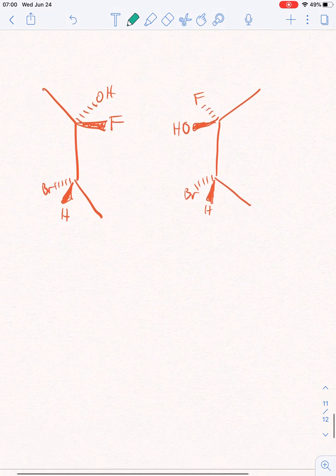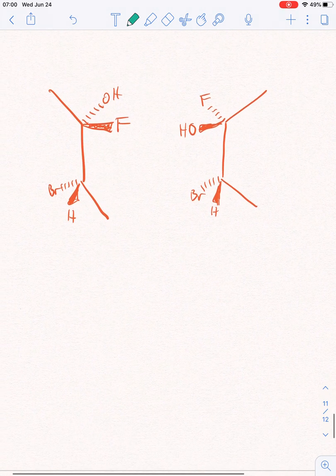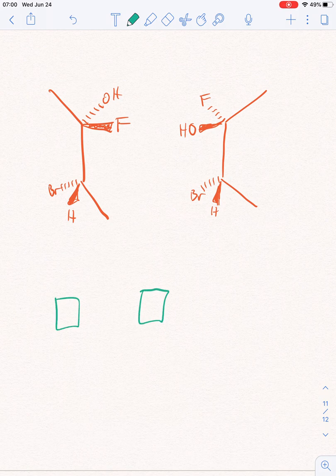Always do the R and S, unless you obviously can't, right? If it's like this, you're not going to be able to do the R and S. But still try. If it looks like this, then you're probably going to be able to do it. Okay, so let's